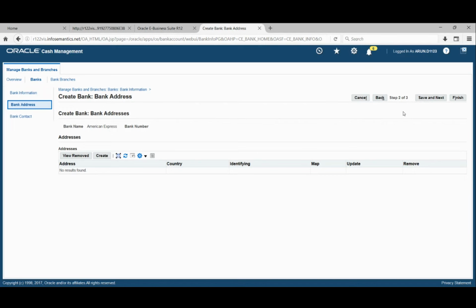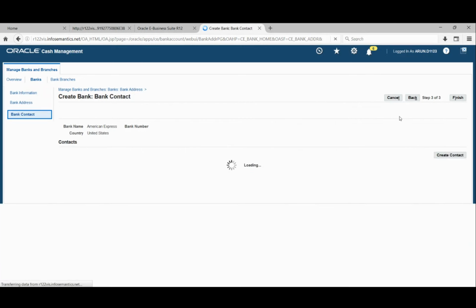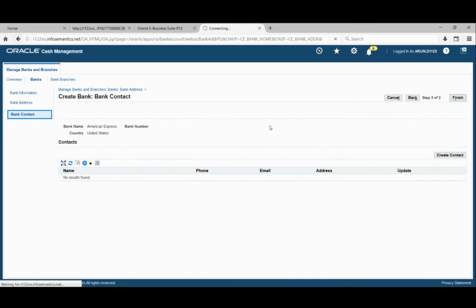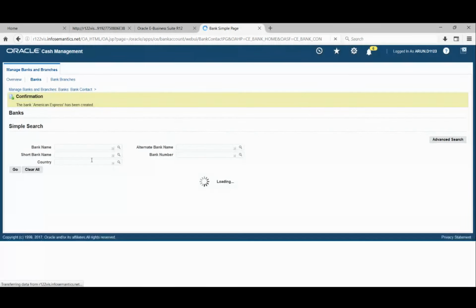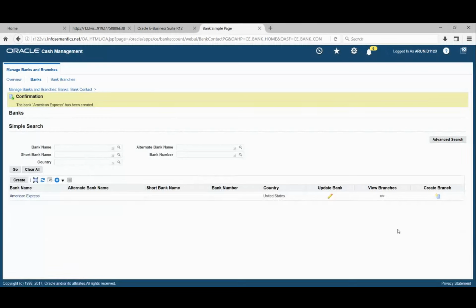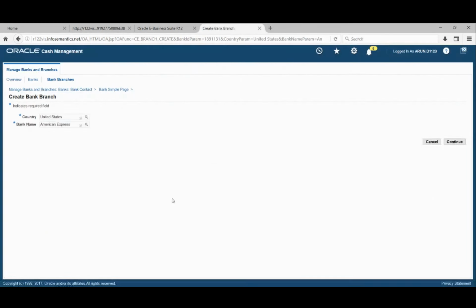This is not mandatory information, so I'll skip this step and complete the bank creation. The bank is created, that is American Express, and we'll create a branch.